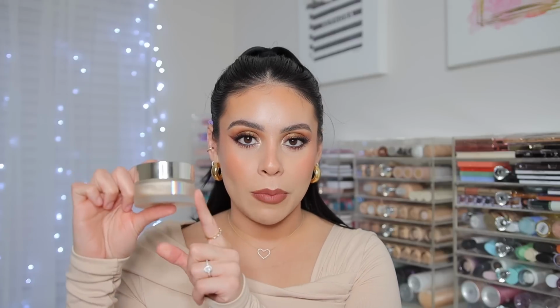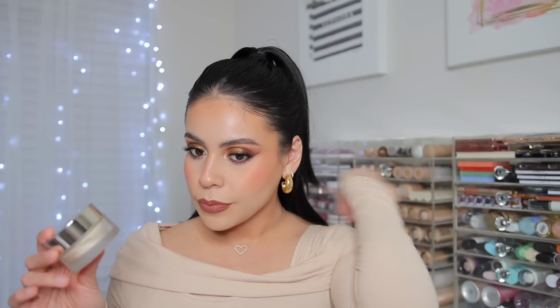To be honest, I really liked everything that I used minus the spray and then the Oma Beauty powder, just because it separated my under eyes. It feels really good though, so I am going to continue playing with it. Maybe it's just not the best powder for the under eyes. Maybe it's better to just set your entire face with it,